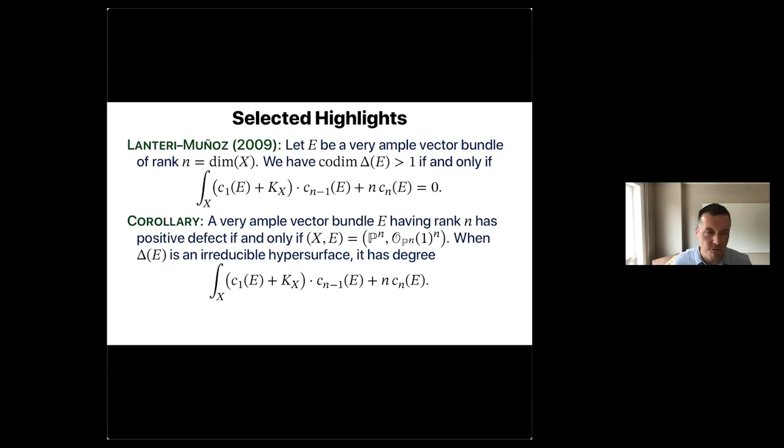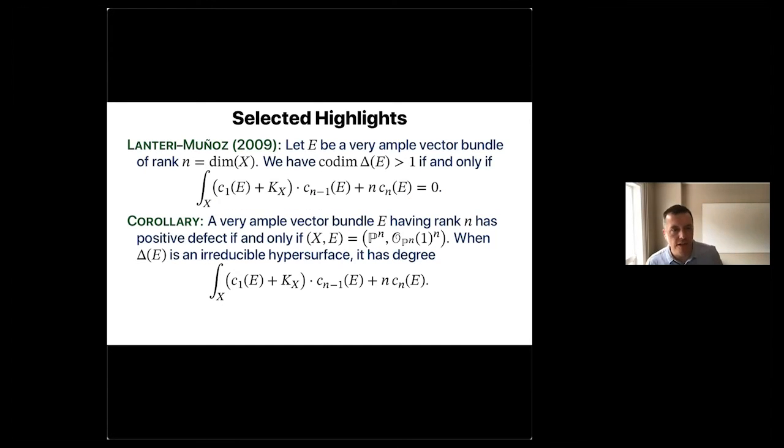So they stick to this special case, which turns out to be a particularly interesting case where the rank of the vector bundle is equal to the dimension. And we'll assume it's very ample. And then you can ask, is the codimension of our discriminant locus bigger than 1? Does it fail to be a hypersurface? And it's in fact true if the degree of this particular class here,